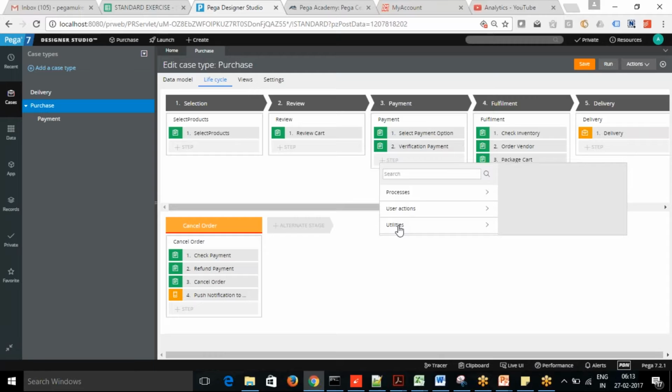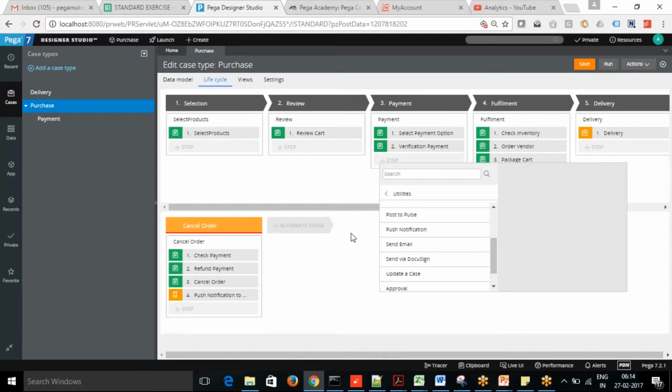Okay. So normally, Pega 7 has a feature which we call send email, or you can go for push notification. So let's say we go with send email.